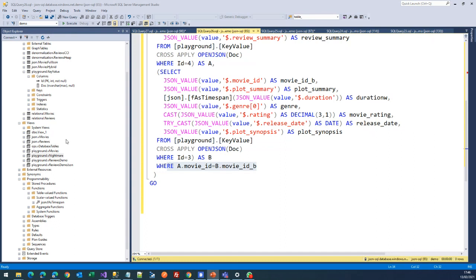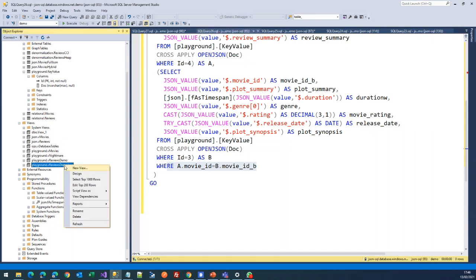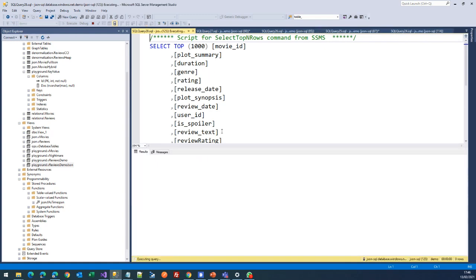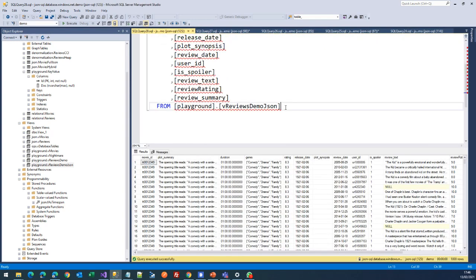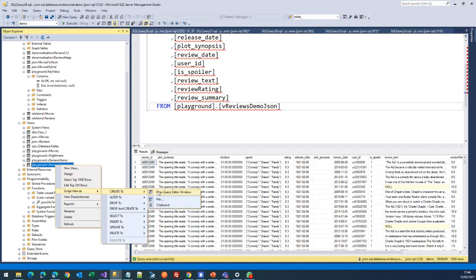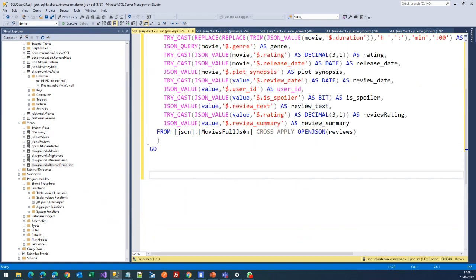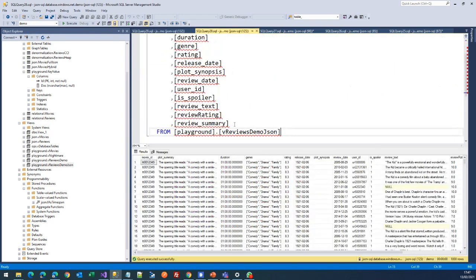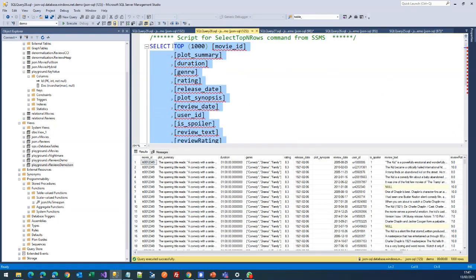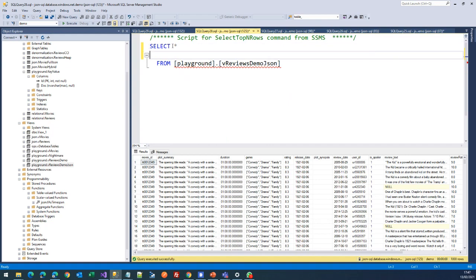Let's keep some samples. Let's start from this one. This is the view we just created, full JSON. Let me check just to be sure. Yes, good. And let's say we want to produce a table that is reviews